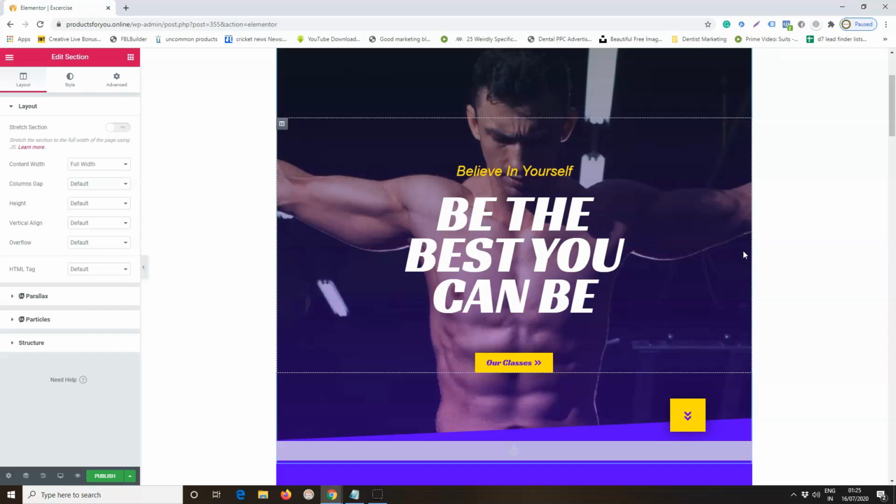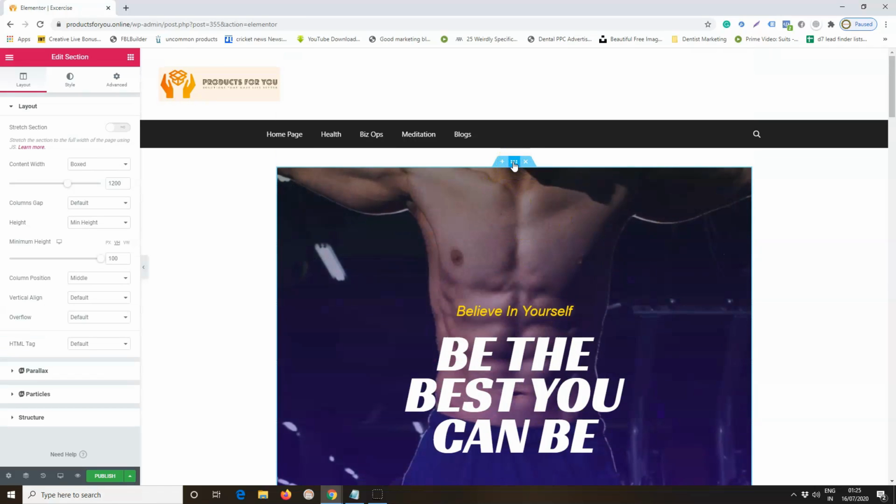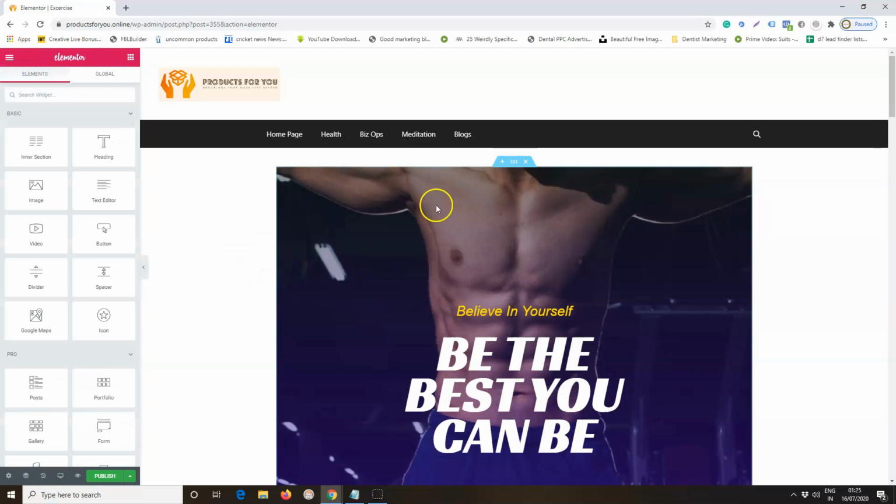Now to do that, you just have to click on that and click edit. Then this section can be edited, and on the left hand side you can see the controls using which you can edit the section. At first this might look a little confusing, but just understand this.